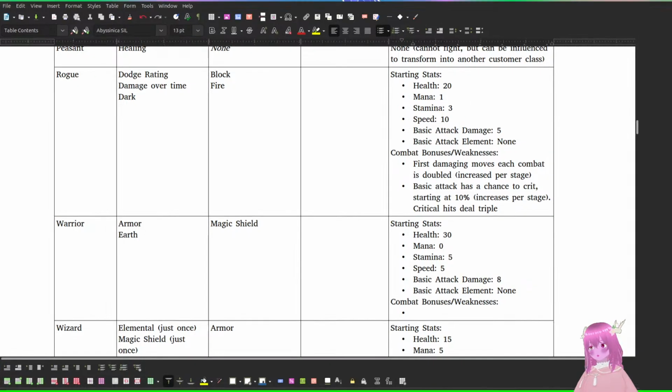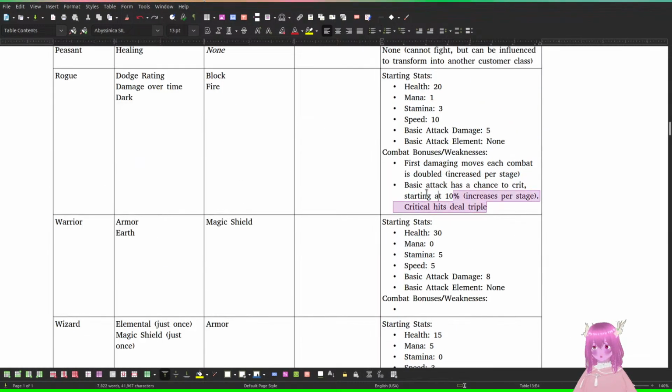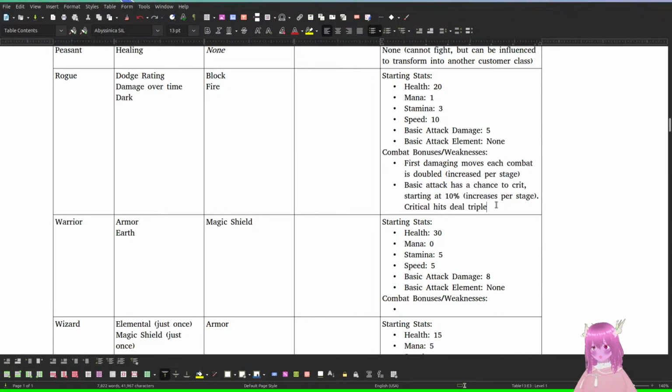Alright, you know what? I got distracted. So okay, we have those for the rogue. But I should probably have a weakness for the rogue too, huh?